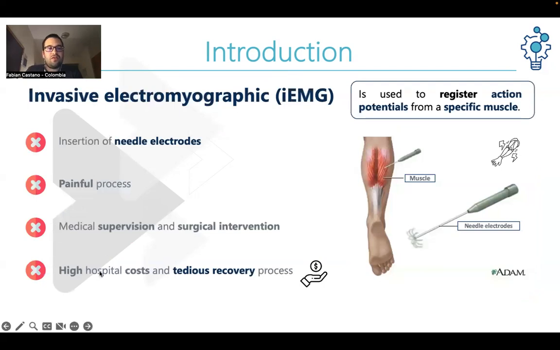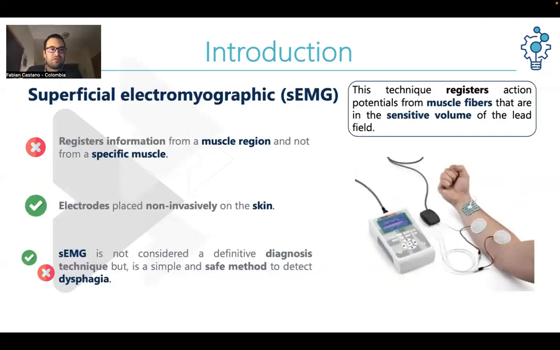In the case of internal, or invasive, electromyography, the process is very painful because it needs to insert needles as electrodes. Most of the time it involves medical supervision because it involves a surgical intervention, and provides high hospital costs and a tedious recovery process. But the other alternative is superficial electromyography, where the electrodes are placed non-invasively over the skin, but